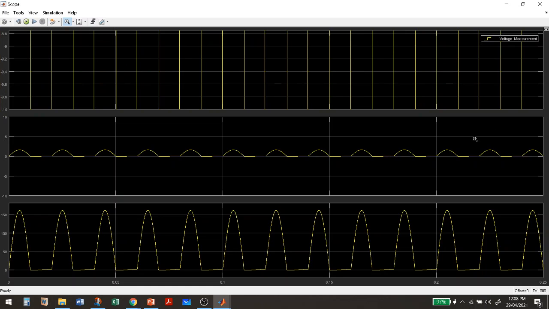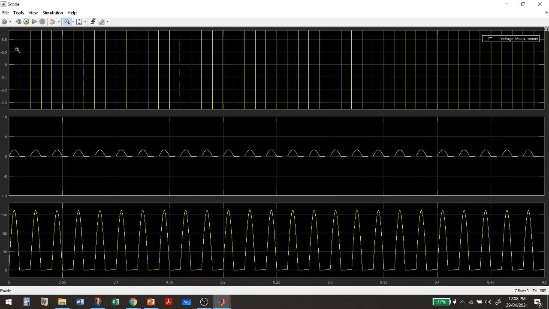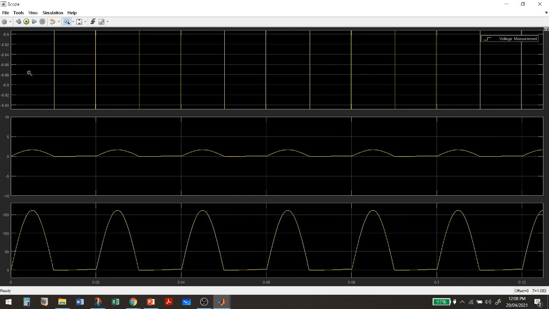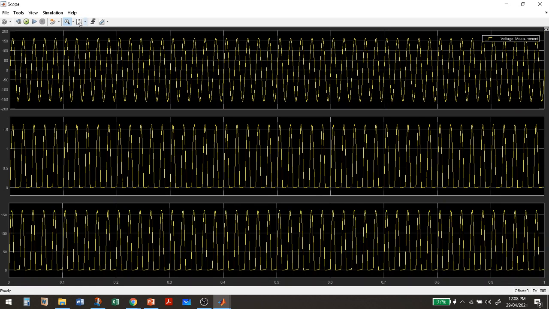And there you can see it here. I can make it the waveform y limit.